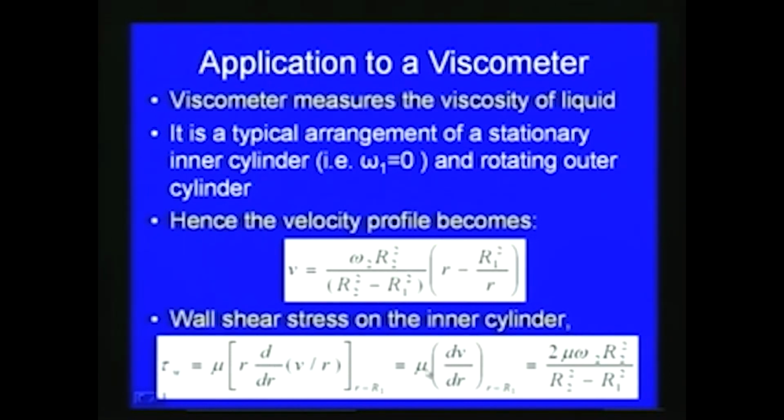So that is equal to mu dV by dr at R is equal to R1. So we get an expression for the wall shear stress on the inner cylinder as 2 mu omega 2 R2 square divided by R2 square minus R1 square. So like this, once we get the velocity, we can find out various parameters like shear stress on the wall and other parameters. So now what we derived for the concentric cylinder problem, the velocity expression, we directly utilized